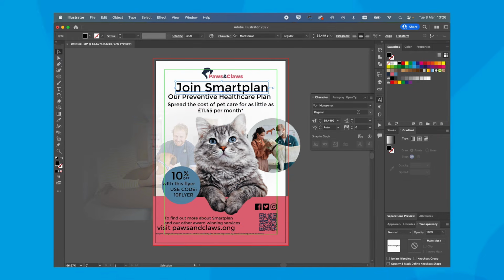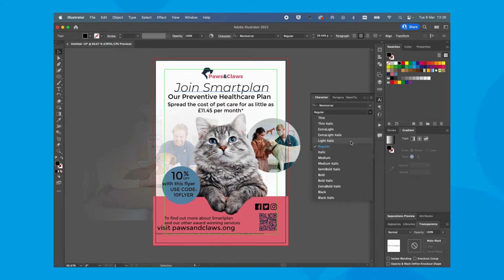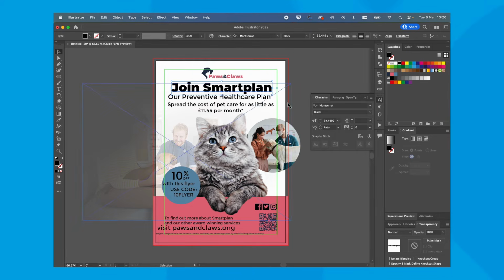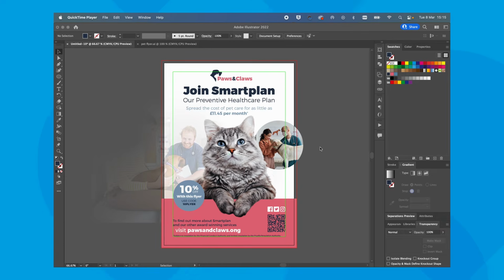And then for the headline, we can go in and start changing the weights. So I'll probably go for a bold or even bolder, perhaps. Black for the headline, and black's the weight of the font, by the way. The colour itself I want to be this dark blue that we colour picked earlier, so I've got that selected. I'm just going to hit that swatch there, and let's change that to the dark blue. And I'm going to carry on now, working my way through the text, changing it to different weights and colours, and I'll be back in a moment.